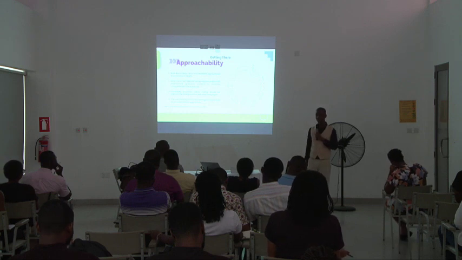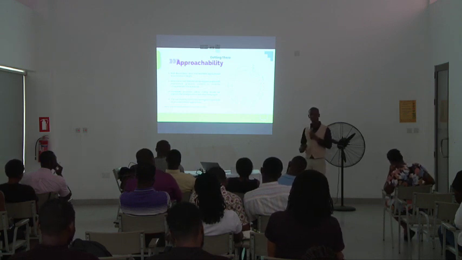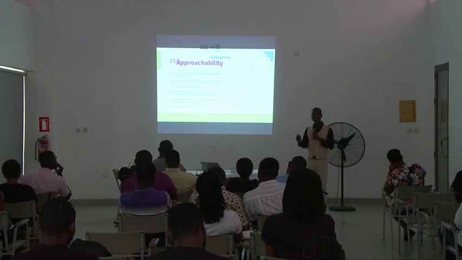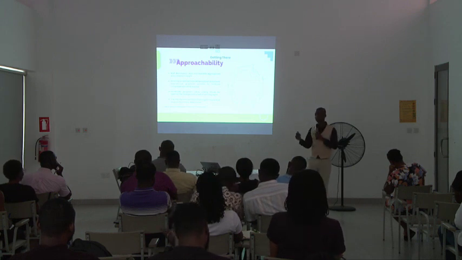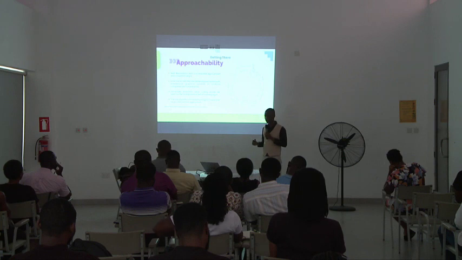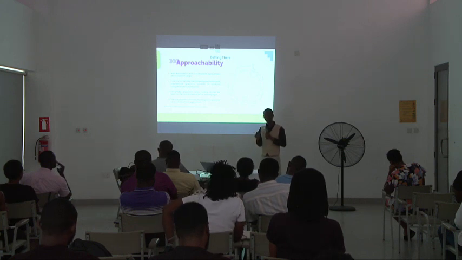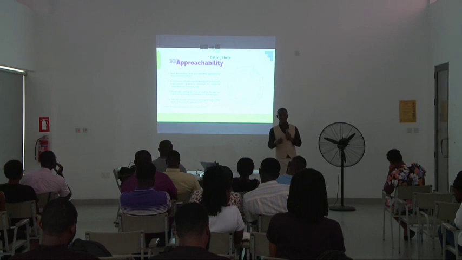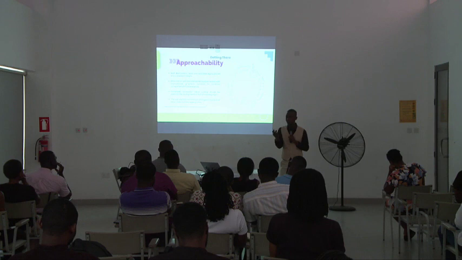So approachability. As I said, you are approaching the building, we need to make it approachable. When you want to make it approachable, that means it has to be well illuminated. That one we all understand. Well illuminated, and the signs have to be readable. Then information text should also be supplemented with international graphical standards. At times, you go there, you see H, you don't know whether H is a hotel or a hospital. Because you have some of the H which is red, some is green, some is blue, and some is black. So in Germany, the H means bus stop. And in Ghana, H means hospital.